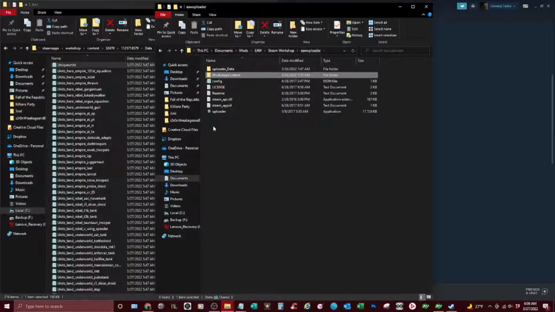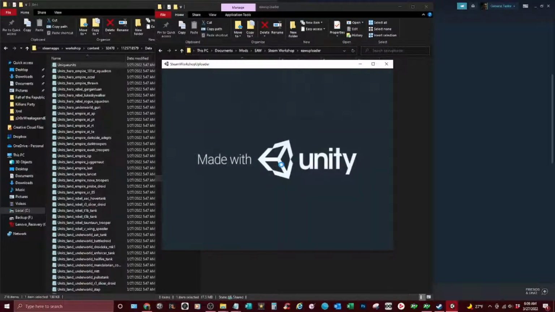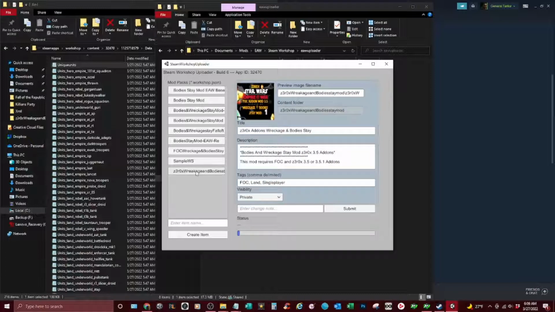So fill out your description, put it in the README file, go back out to where the uploader is, launch the uploader, and go to your mod. Here's where you're going to want to paste in your new description. So click there and do Control V to paste, and then from here go back up, and I'm going to go ahead and put in